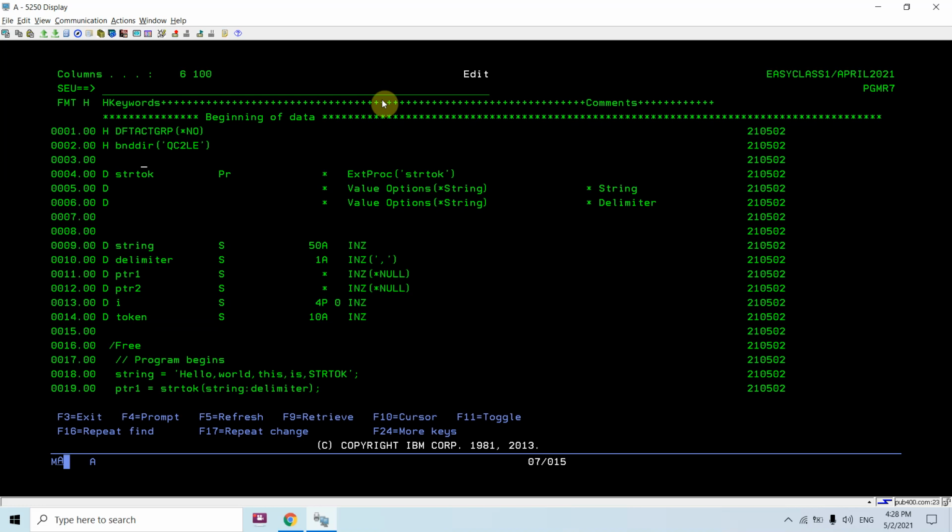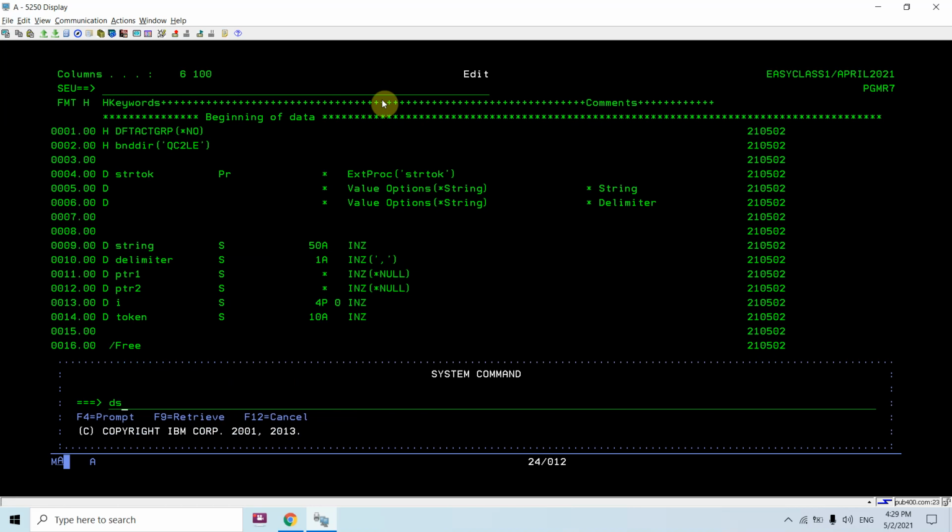Since this is a C function and we are using its prototype here, wherever that function is defined, we need to bind it into our RPG program. That is defined in the QC2LE binding directory.